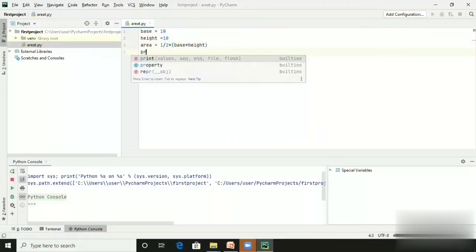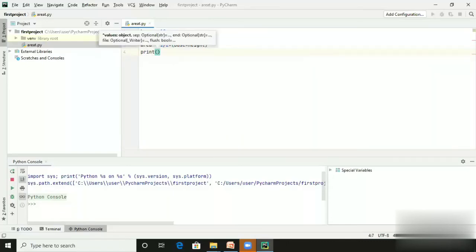Then simply type print to print the area of the triangle. Here you can type any label, area of triangle is equal to, and give one space here for well-formatted output, and the area variable name.